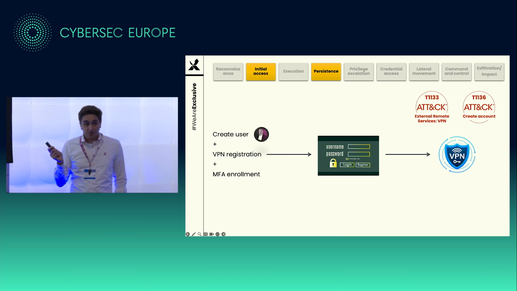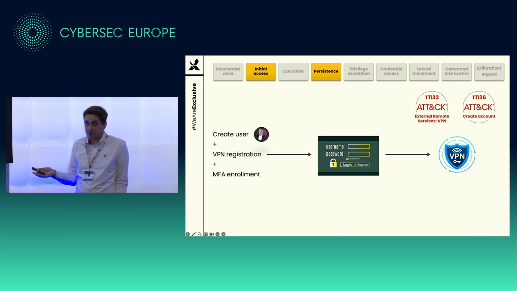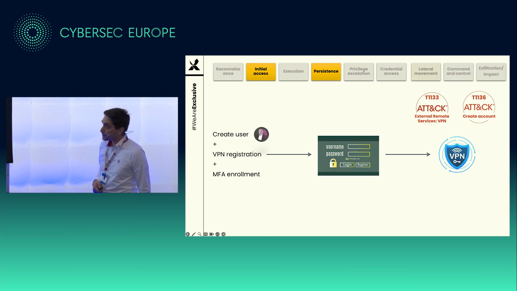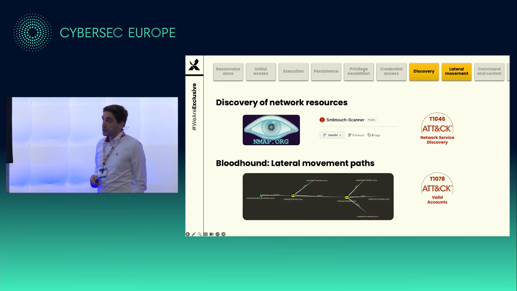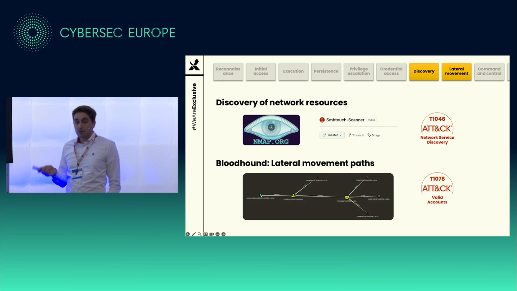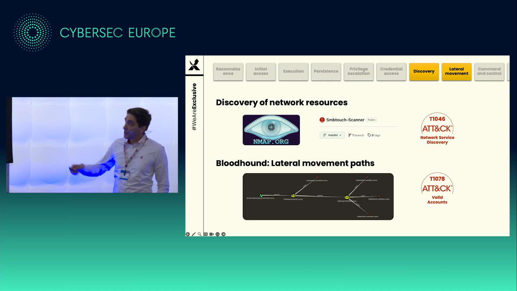So now these attackers have another way of entering the environment, through the VPN that everybody's using. And if they don't do that VPN from Russia, for example, or China, they will blend in with everybody else, which is also, of course, an easy thing to do. And then, of course, it's almost game over. They do discovery of network resources. They deploy BloodHound to see what other lateral movement paths are available in the domain. They pivot from on-prem to the cloud environment, etc. So discovery, lateral movement, with network service discovery as a technique and valid accounts.